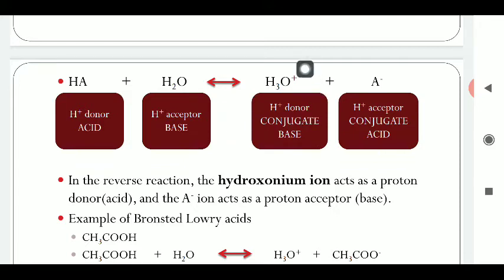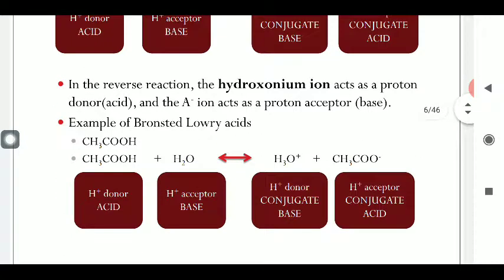You can also find out this pair. This water and this H3O positive differ only by the proton. Water, without the proton, can accept the proton, and now H3O positive can donate the proton. So these two compounds paired together are known as a conjugate acid base pair. So basically Bronsted and Lowry also introduced two more terms, that is the conjugate acid base pair.